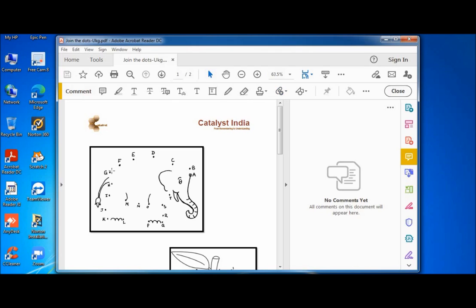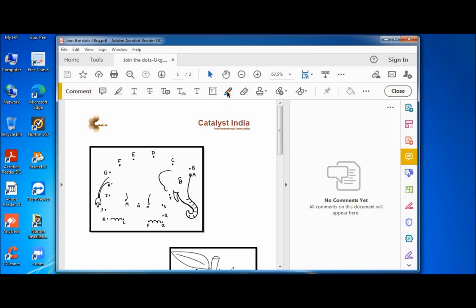So now here this worksheet is about joining the dots. Okay. So if I want to do something like this, which means I need to draw lines which will join the dots. So here I am going to use this tool, which is the drawing tool.